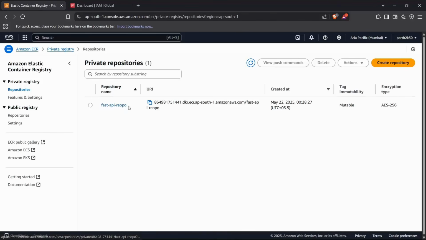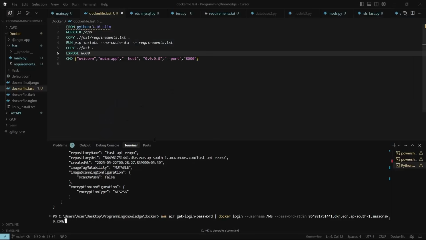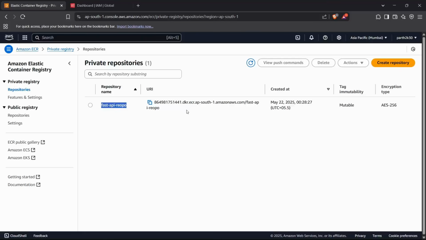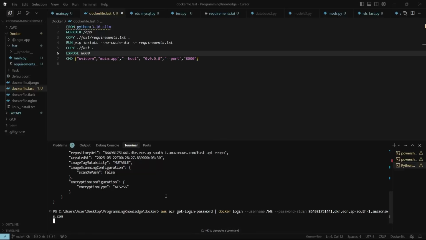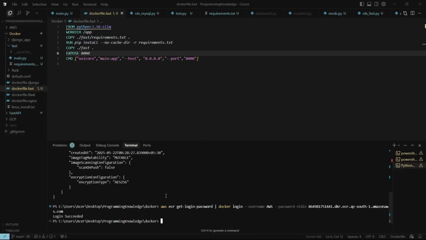this. And I'm just going to copy it here. Or you can simply copy this whole thing and paste it right here. Actually, you do not need these for logging in. You just need the account ID and the Amazon AWS endpoint. So let's see if it logs us in or not. Yes, it does. So you can see we got the message as login succeeded,